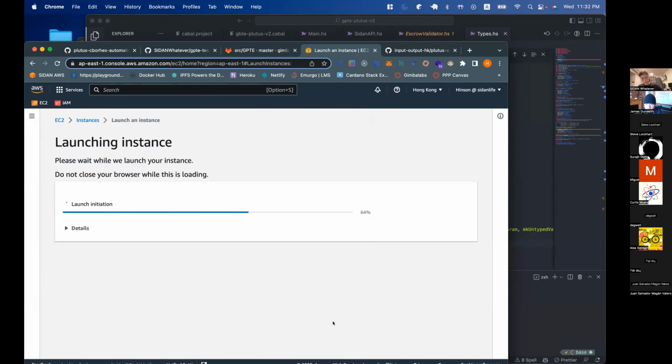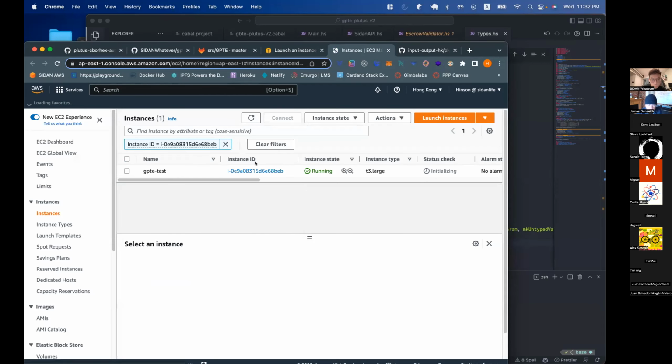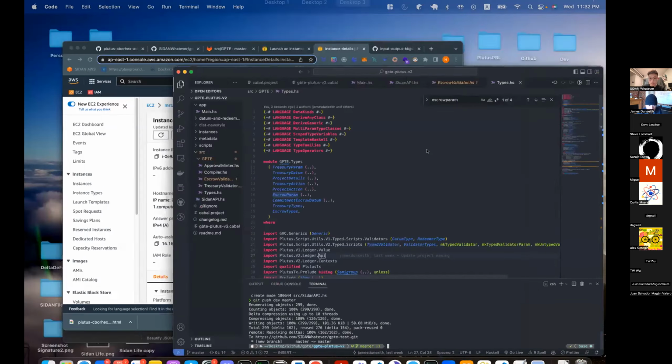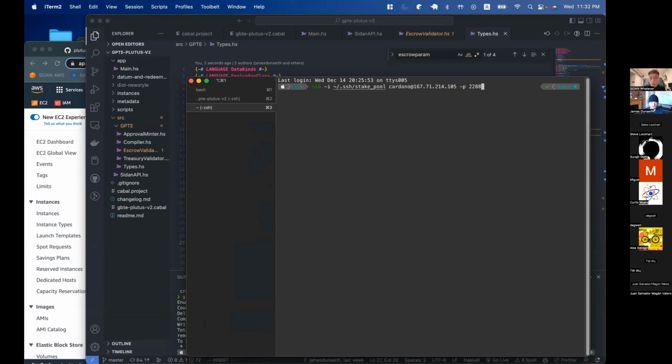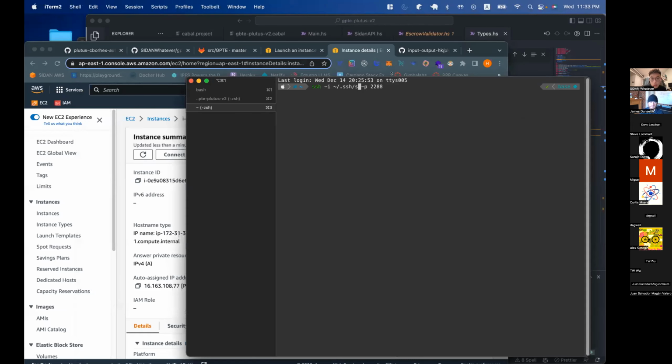So I just click launch instance. Yeah. And then we could try to log in. It's my key pair. It's not the key that. Let's see. Yep, I think that's it. And then